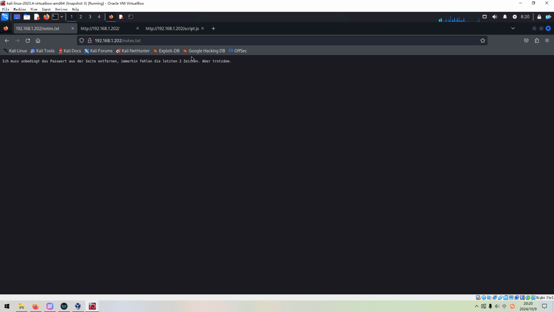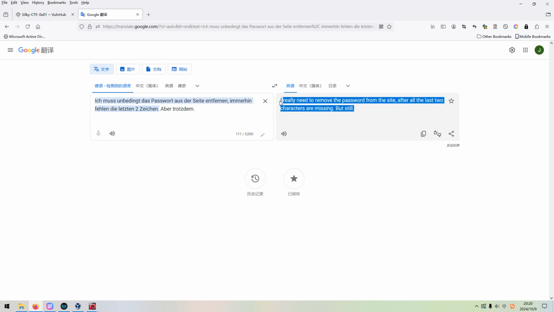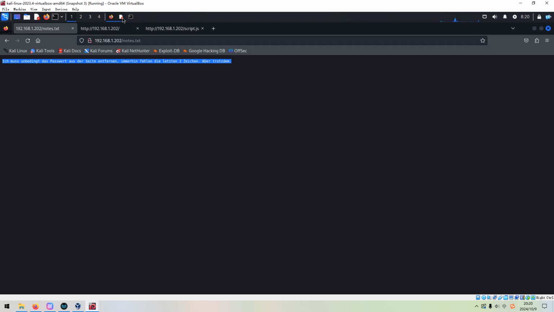We can copy it and use Google to translate it, and paste it in here. It says: I really need to remove the password from the site. After all, the last two characters are missing. So we can copy this; it is very important information left by the author.